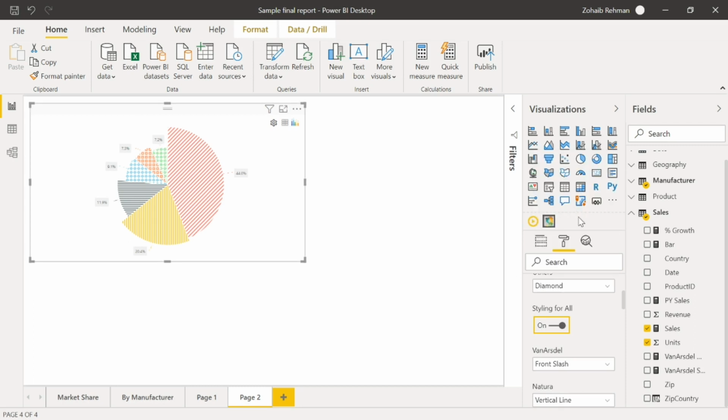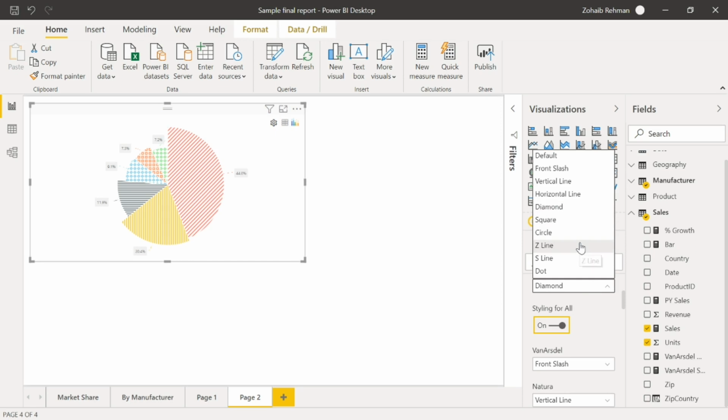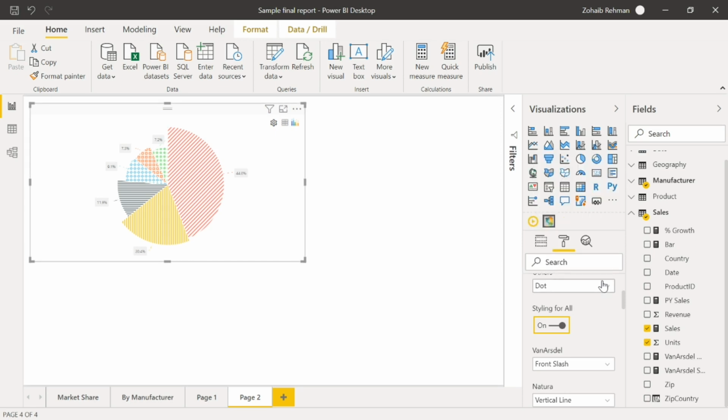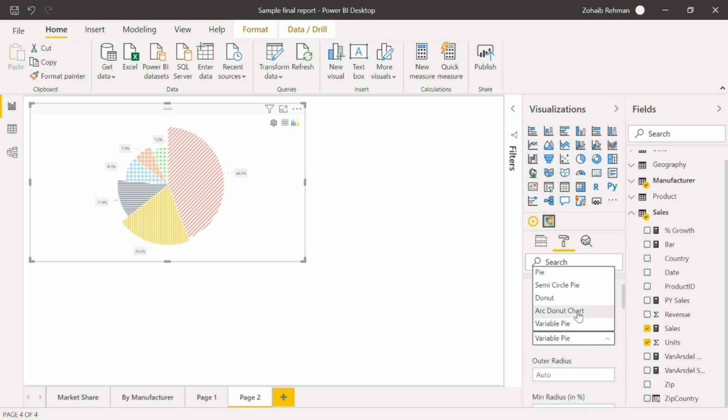So let's do the diamond. Let's do the dot one and do dots. So yeah, different styles for you to do, which is great. So what I'm going to do now is show you different ones. So if we just go back to